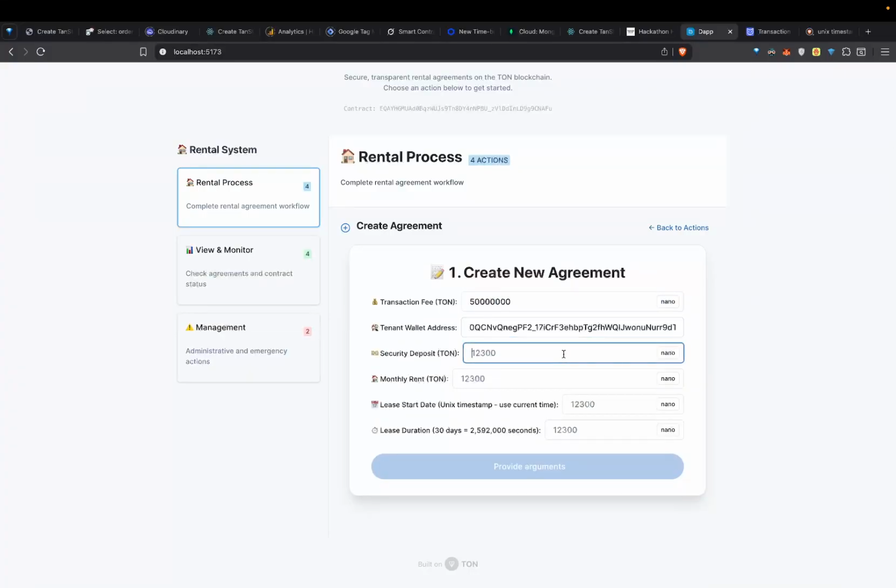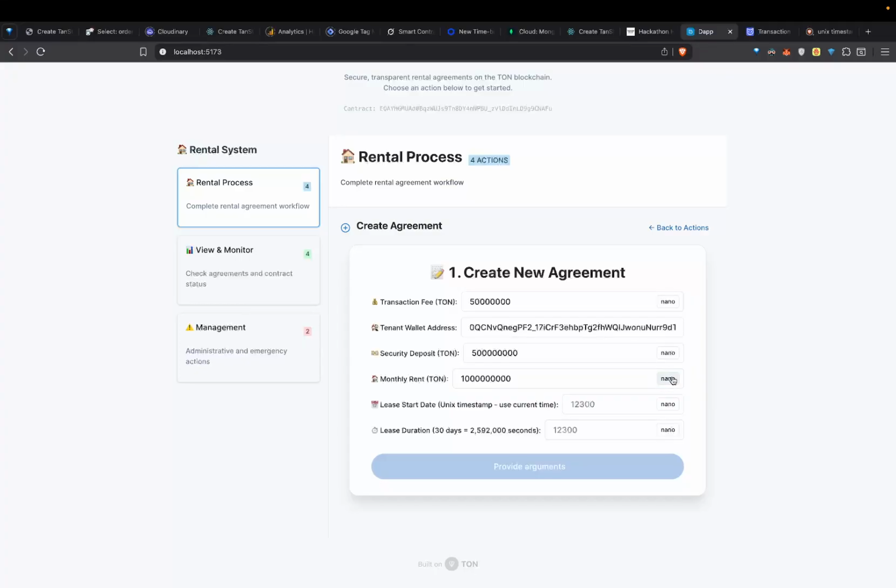And let's suppose the security deposit that is about to be made by the tenant is 0.5 Ton, and the monthly rent is 1 Ton.